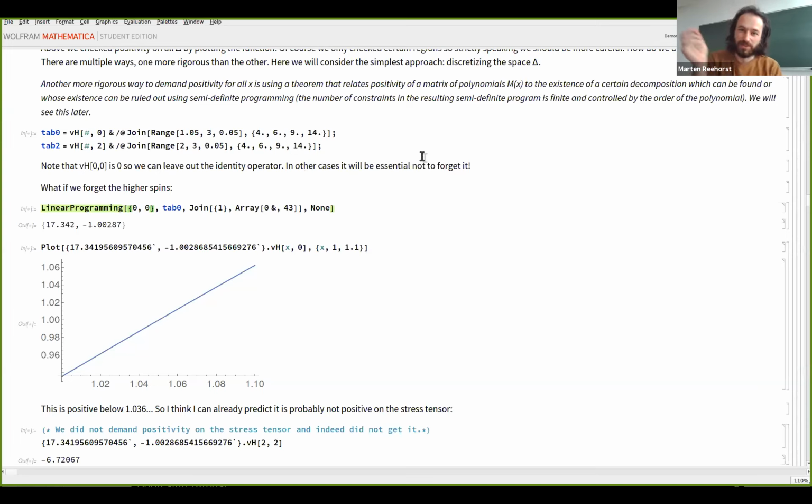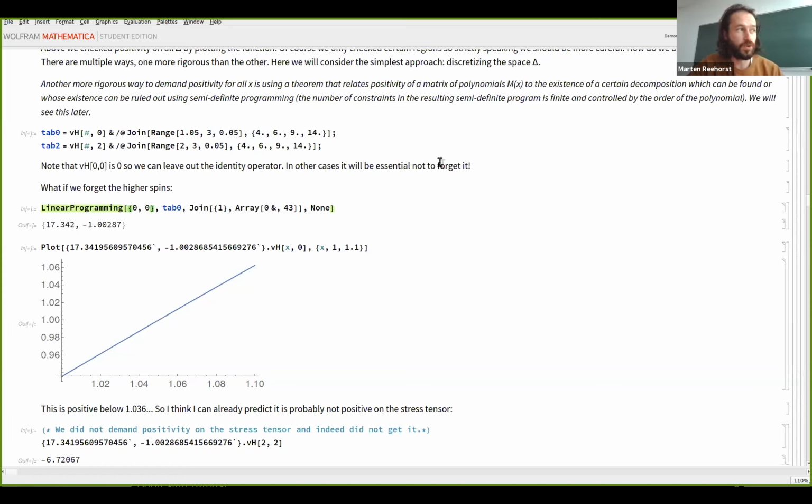And so what does it do? It finds a vector x that minimizes the quantity c dot x, subject to the constraints m dot x greater than b. Okay, what does it mean? And x greater than 0. This will mean that we will look for a functional that is positive on some set of